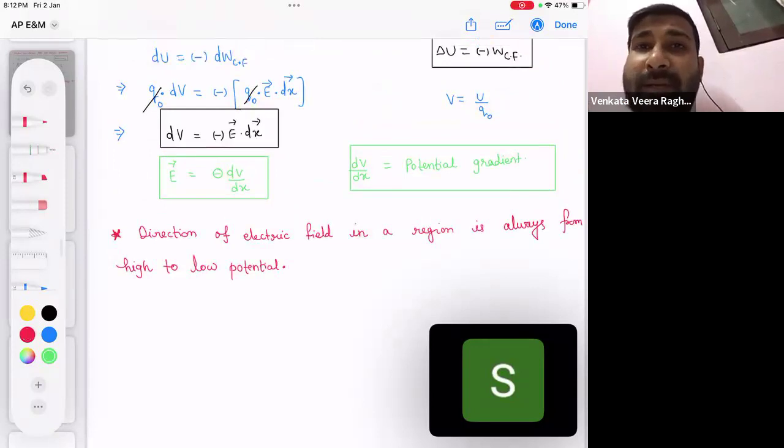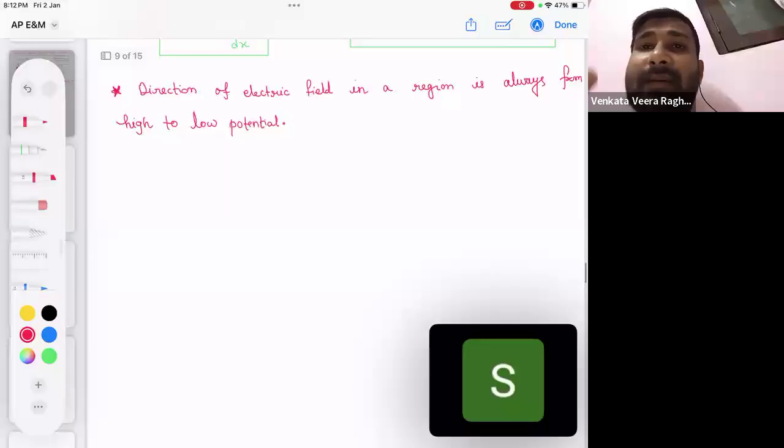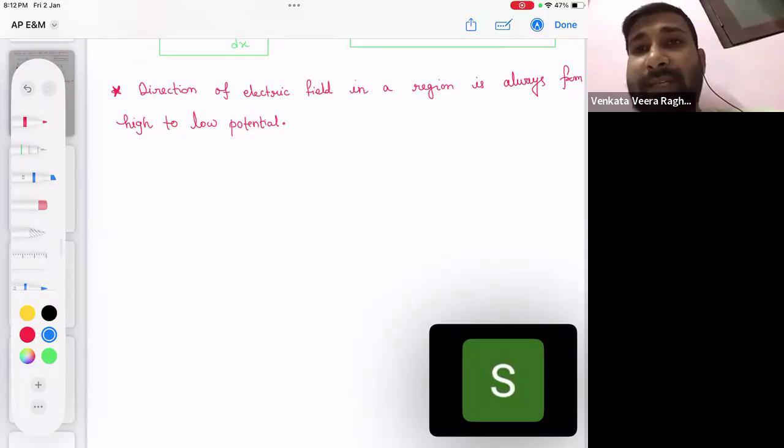Okay, so let's see two examples where we are going to use these two concepts. Please keep in mind these two are very important: potential calculation from the field, or field calculation from the potential. Let's see some examples, or you can say some applications of these two. So what is the application? Let's say,